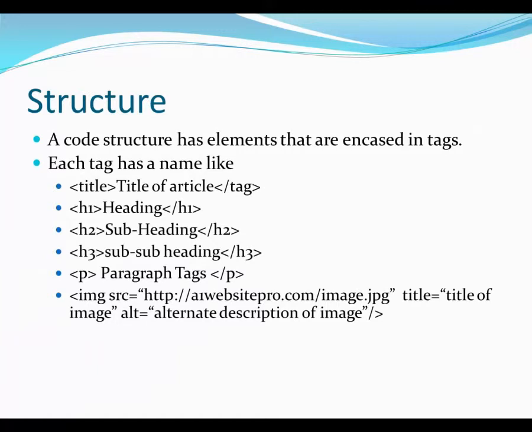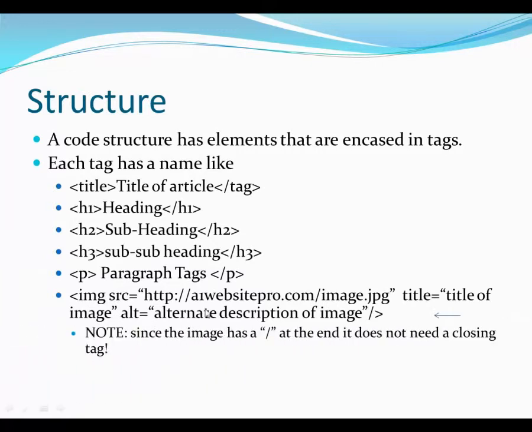Here's an image tag. Okay, so image, then it has the source of where it's located, and then you have the title, which is the title of the image. Then you have an alt tag, which would be an alternate description. Now notice that we don't have a closing tag, but since the image has a slash at the end of it, it does not need a closing tag. Okay,